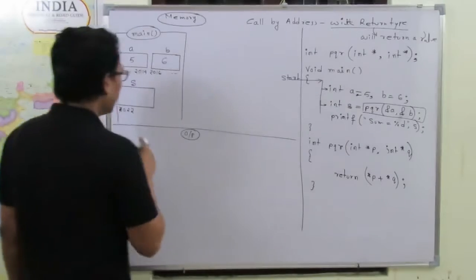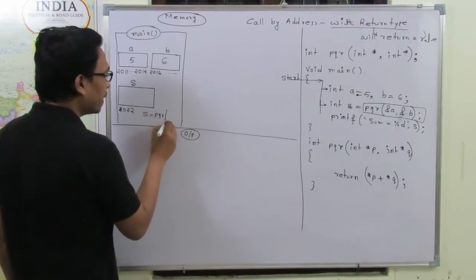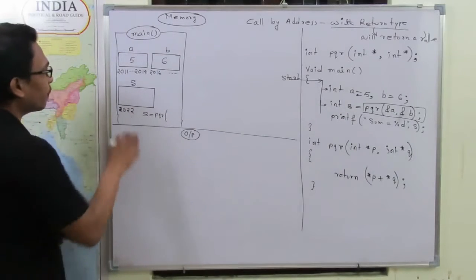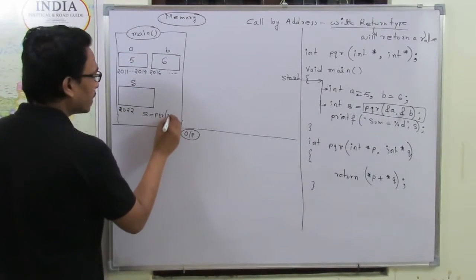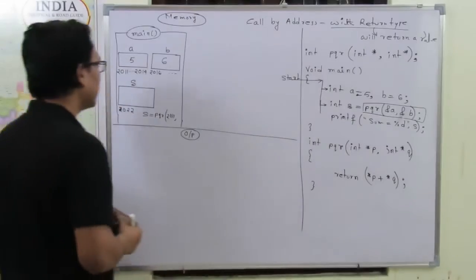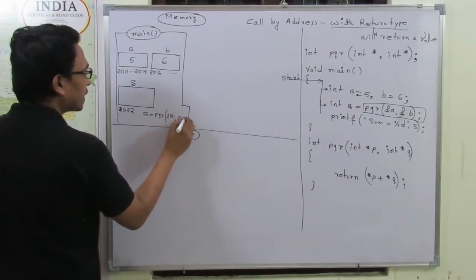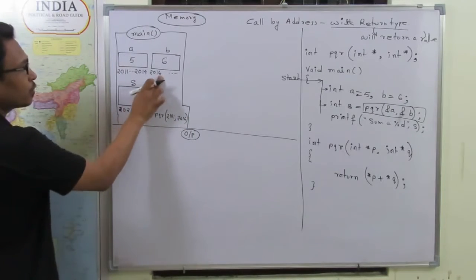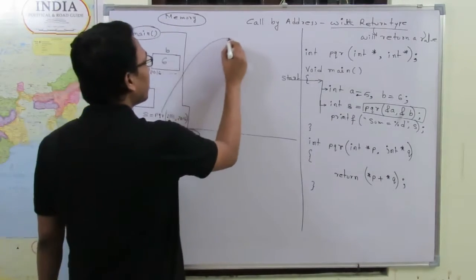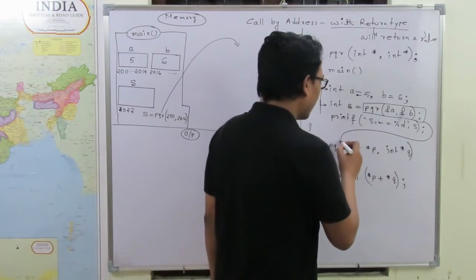Now look, the statement in main becomes s = pqr. Look at here, the address of A is the first argument. So what is the address of A? Address of A is 2011. So the first argument will be 2011, and the second argument is the address of B, that means the second argument will be 2016. Why? Because the address of B is 2016 as per our assumption. So now the system comes out from the main function and enters